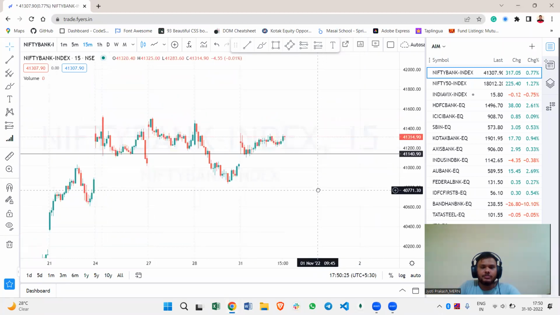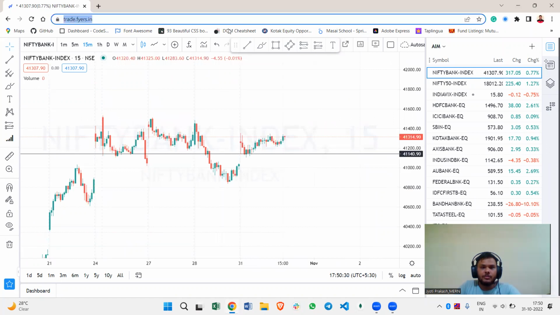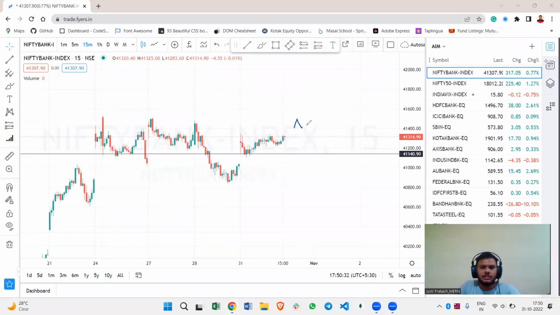Now if Bank Nifty shows positive intent here, and if it closes above 41,500, then you're going to take it for buying. But for that, you need to wait for 5 to 10 or 15 minutes for any trend confirmation. After that, you can take your trade. Okay, now let's look into